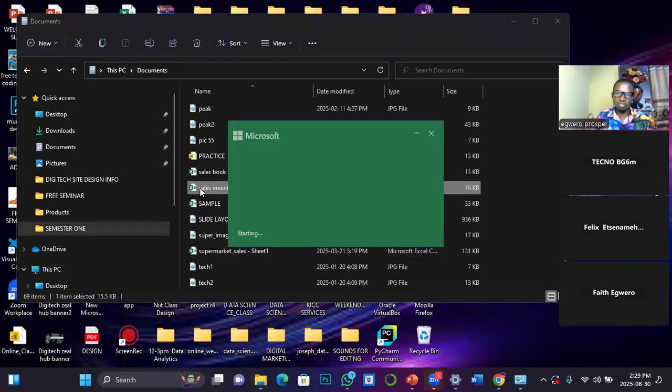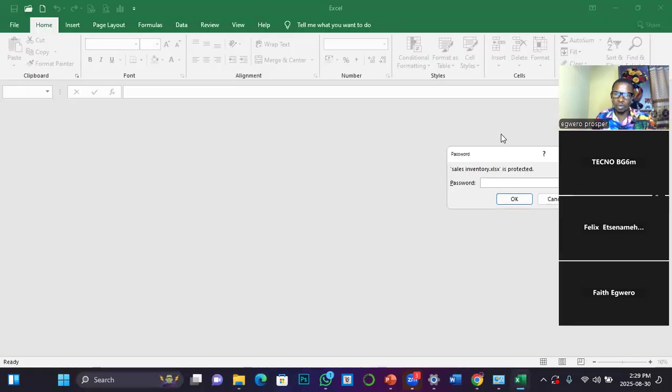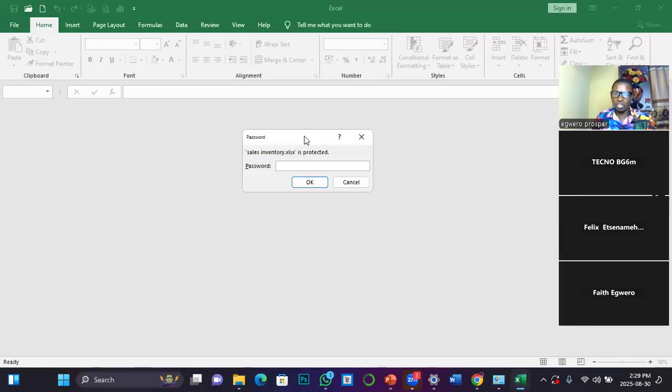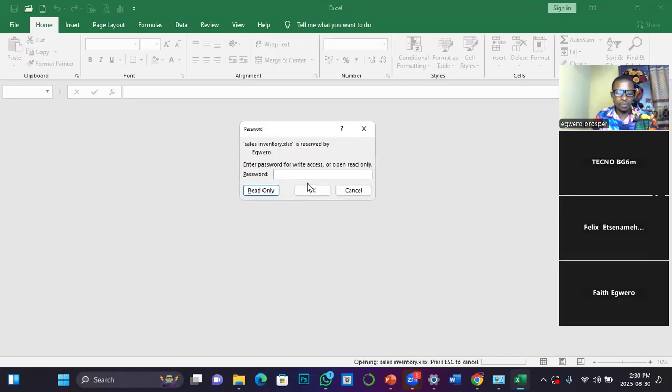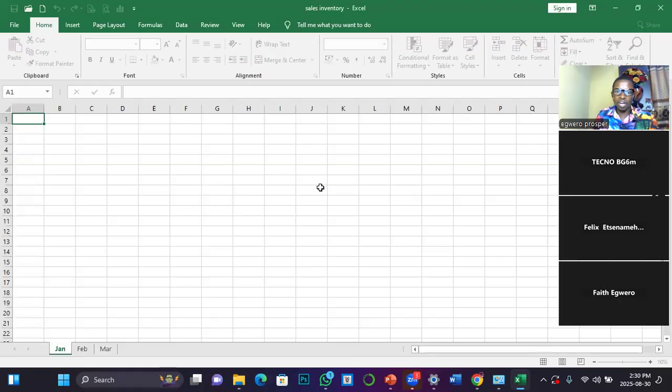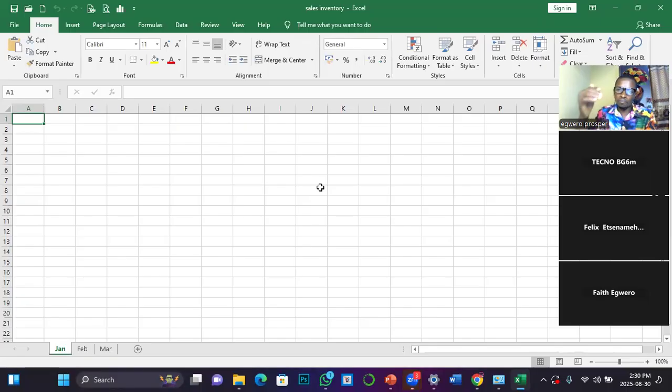I just want us to confirm that password. You see what is going to happen now. Good. This is what I want you to see. So if anybody tries to open your workbook on your behalf, that's your consent, the person will be landed here. So the password was 123, then type it again, 123. Finally, you are in. So that is how to save a workbook and also how to password it.